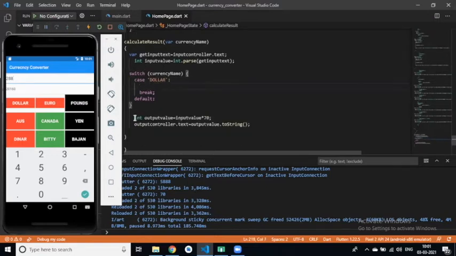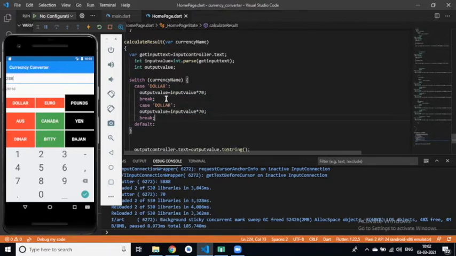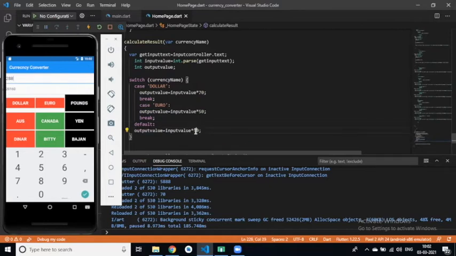In dollar we will create an input value variable, and output value is equal to input value multiplied by 70. Again create a new case, euro, and in this euro I will multiply by 50. In default, output value multiplied by 0, or 1.